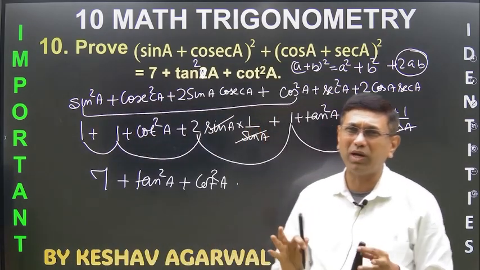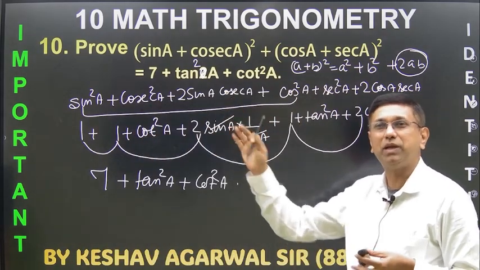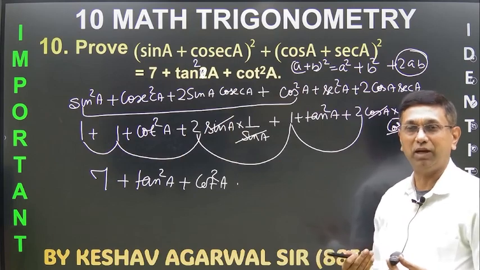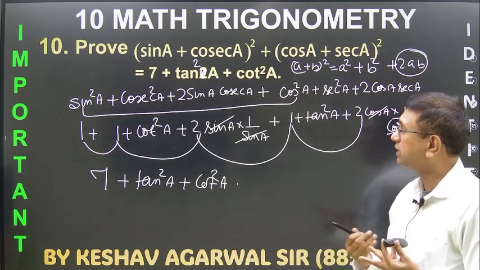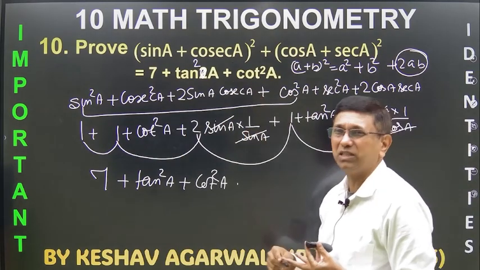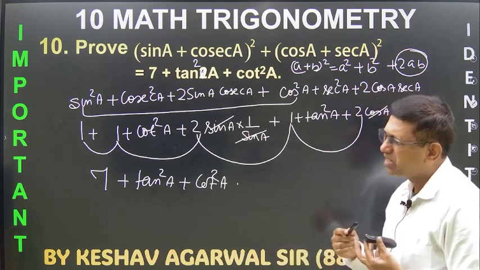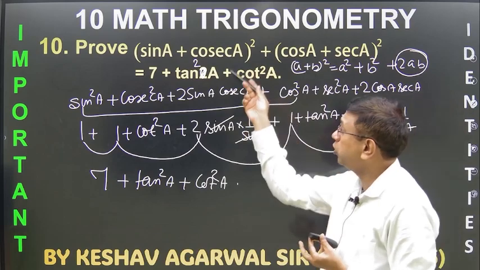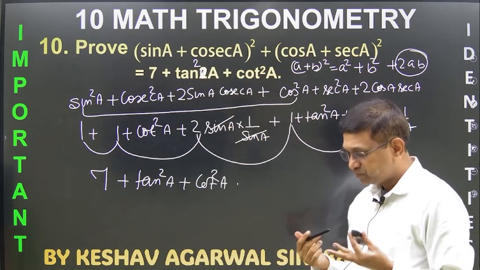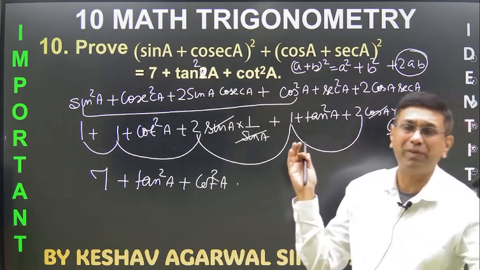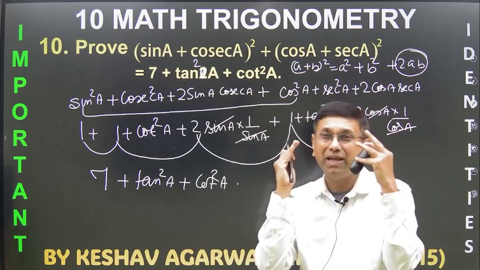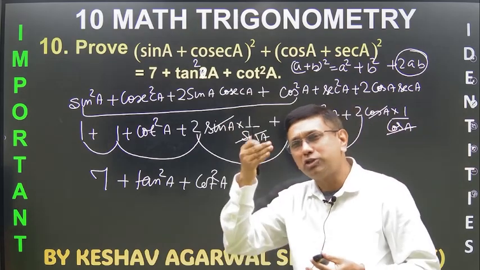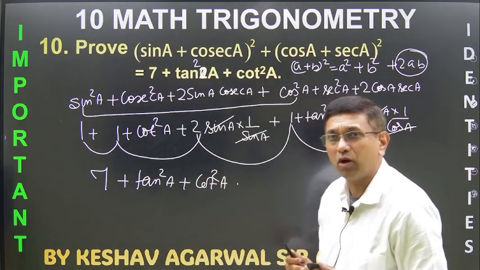Sometimes when you don't understand, if you have (A plus B) ka square, just expand and see, something will come about, right? Now some students try converting this to 1 by sine. It goes a little difficult because then getting those cot and all will not be easy. And don't try to get anything in denominator. In trigonometry, the denominator should be as small as possible. Think and make this rule, and the numerator should have more difference, and that is how we go about it.